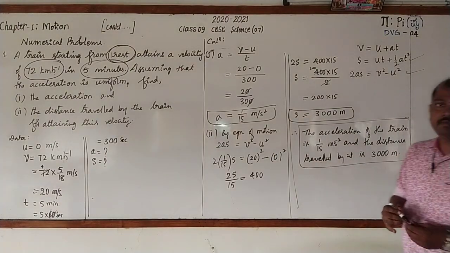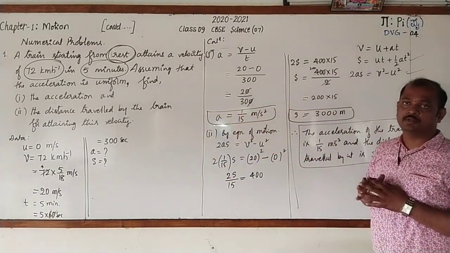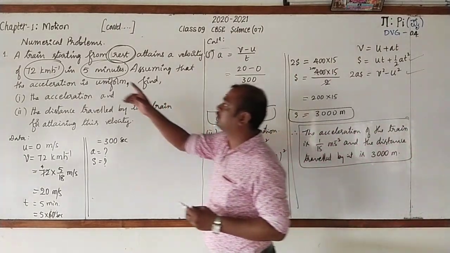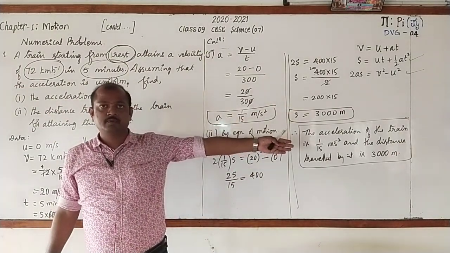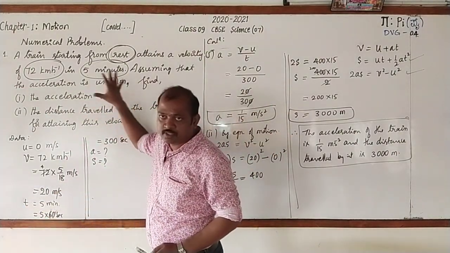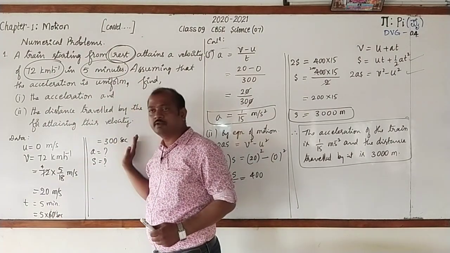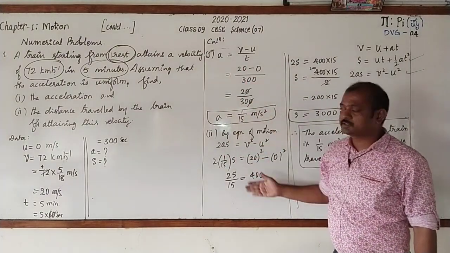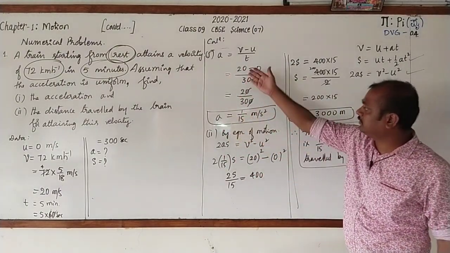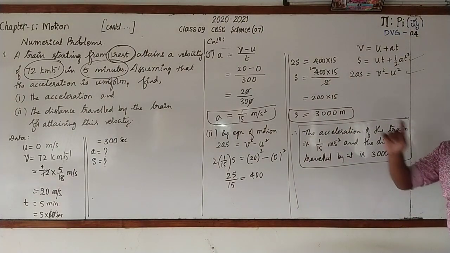I hope that you have understood how to solve the problem by using the equation of motion. Now, you are going to copy from here to there. Okay? Write the statement correctly, write the given information and start writing the calculation. And to separate the sub questions are there, we have answered for both, and at last we have written conclusion. Copy the same.